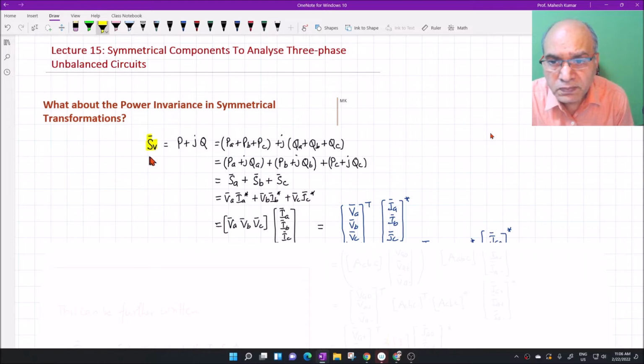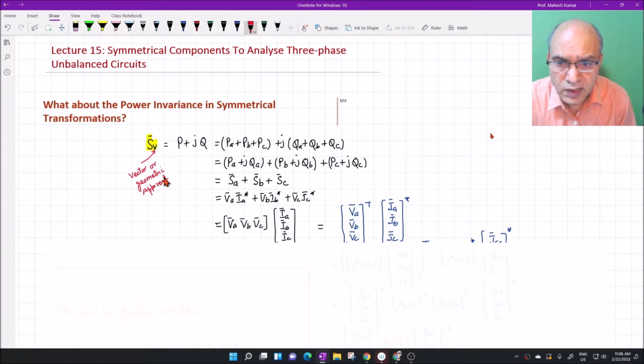This S bar is basically known as the vector or geometric apparent power. Now this name has a special meaning to the definition of apparent power. As the name indicates, vector means it is the phasor sum of